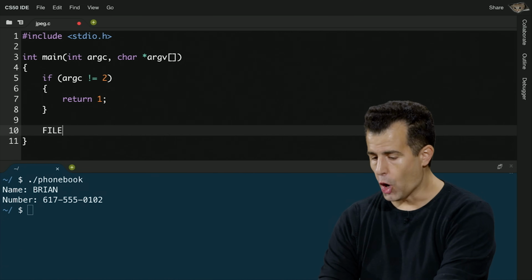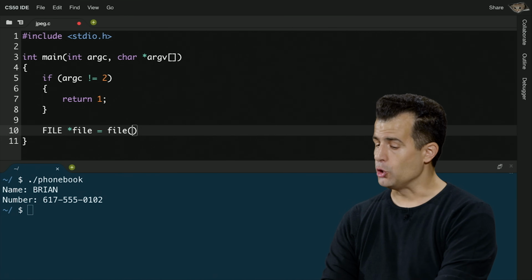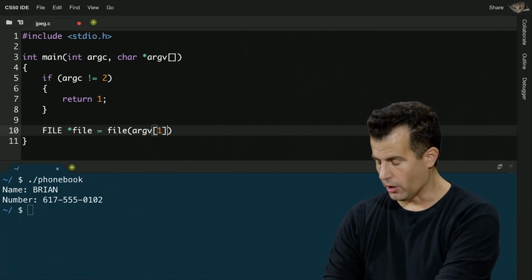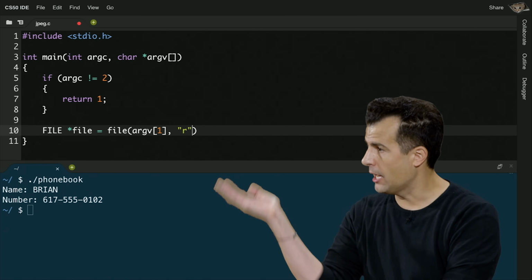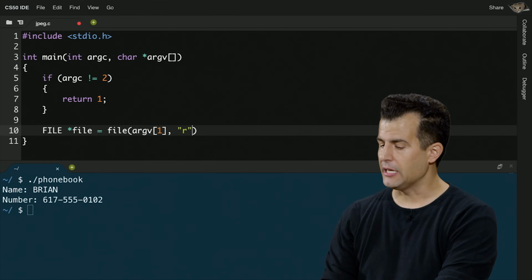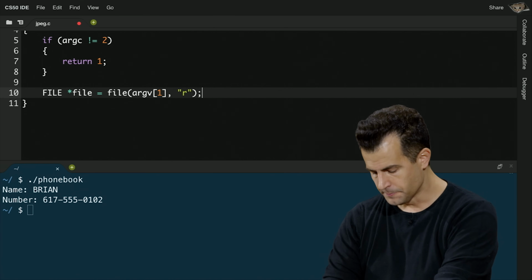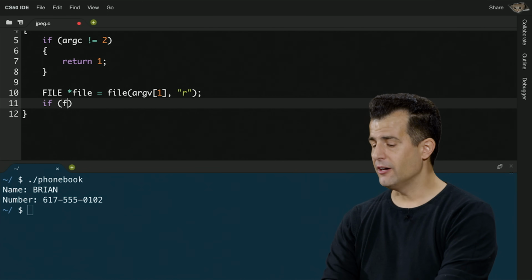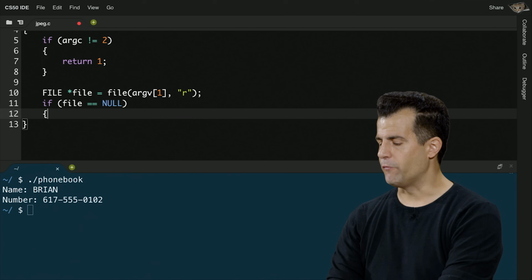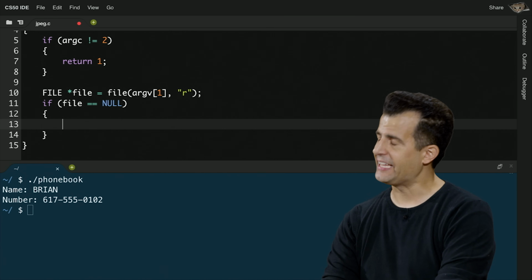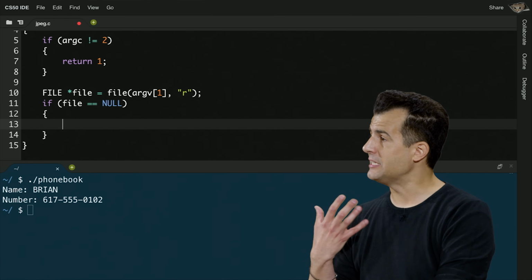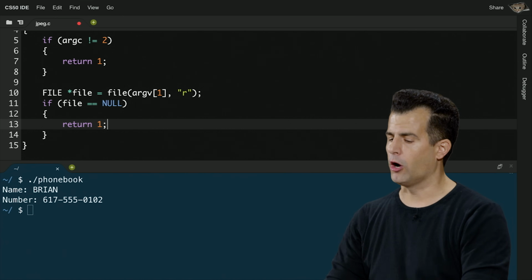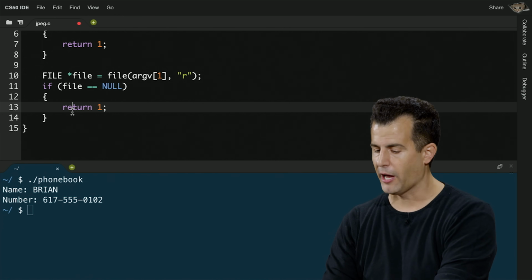I then want to go ahead and open up the file that the human typed in at the prompt, which I claim is going to be the second word they type, so argv[1], and I want to read it this time, not append line by line. I just want to read it from the beginning, and the keyword for that is "r". And then I'm going to go ahead and actually do a little error check. If file equals NULL, we haven't seen this before, but if fopen, if malloc, if get_string return error conditions, they actually return this special value NULL. But for now, let me just go ahead and say something went wrong. I'm going to return 1. But we won't worry too much more about it for now.